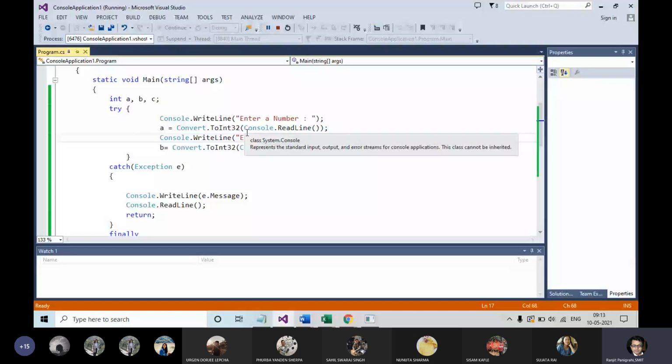And with the help of the catch block, you are able to catch the exception object which has been thrown, and using this you are displaying the message. Am I able to make it clear or not?